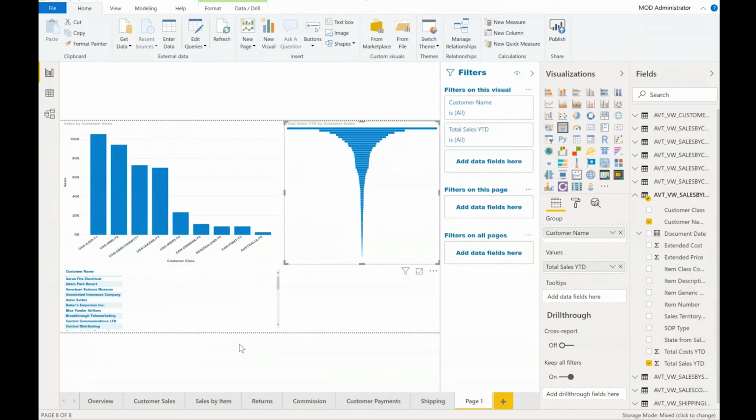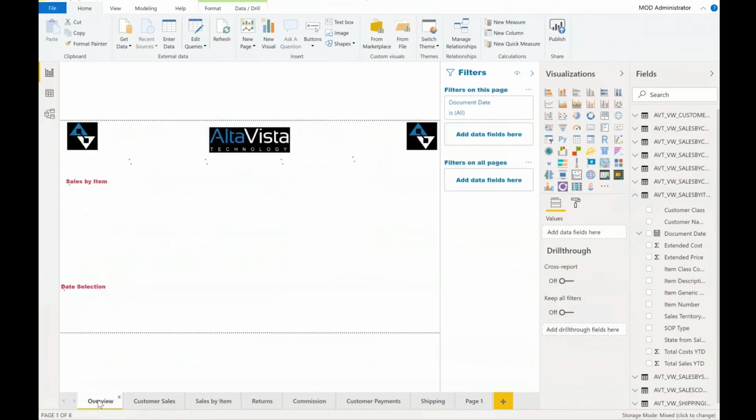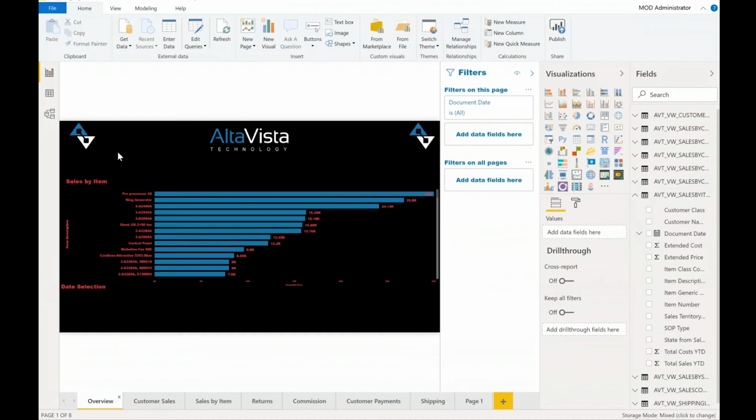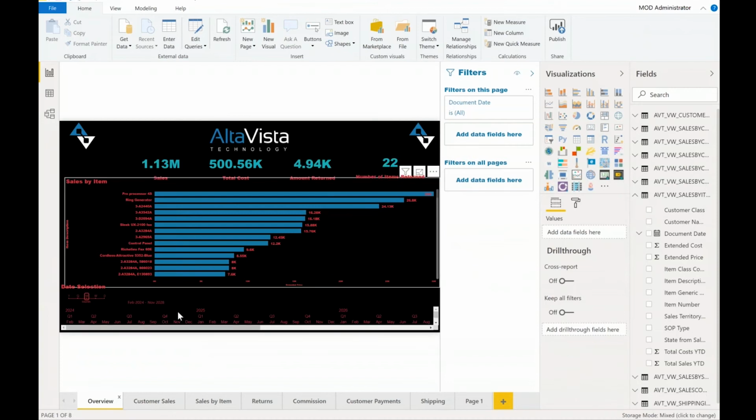So I start building this, and then what Kara did after she had created all of her graphs, you can then apply color schemes to it. You know, so if you want to take your color scheme for your company and apply that to a project, then when it gets published, it looks similar to your colors for your organization. So whether we're happy with this one or not, this does have some of the elements of the Alta Vista colors in it. So I'll just kind of tab through here so you can see some of the other